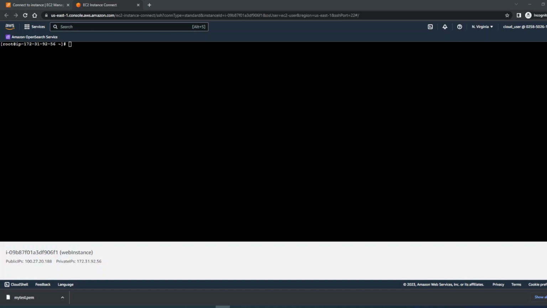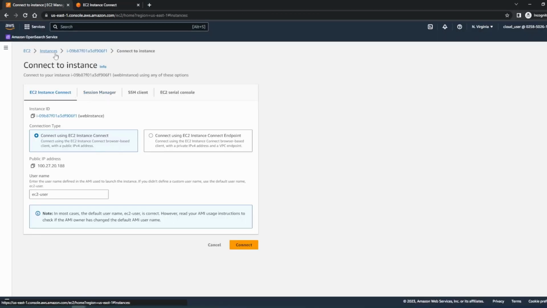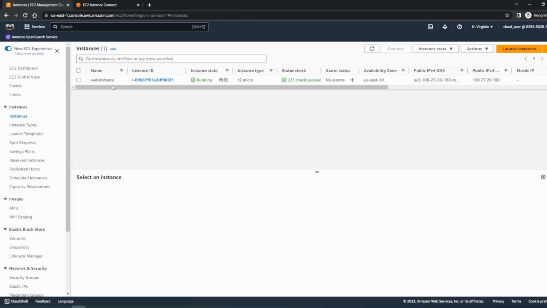Today I'll show you how to deploy multiple EC2 instances in AWS using Terraform. So here, the first thing you have to know is how to create instances in AWS, and the second thing you need to know is how to install Terraform on your device. In my case, I have used an AWS instance. Here you can see I have the instance, web instance, where I have installed my Terraform and using this